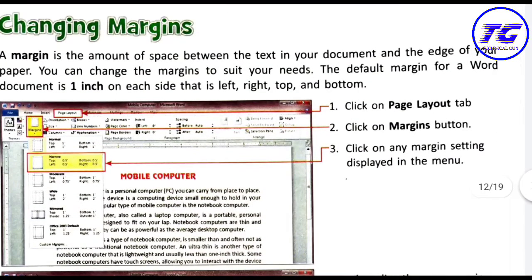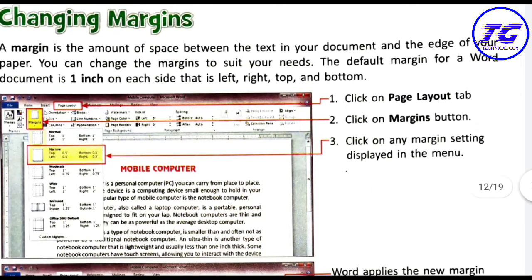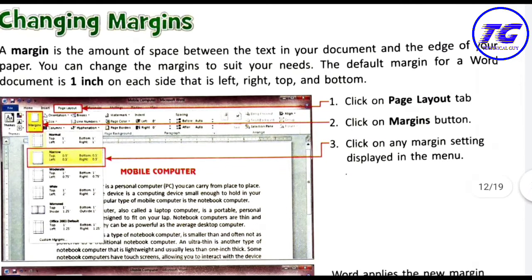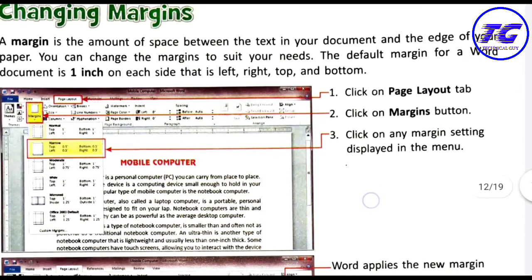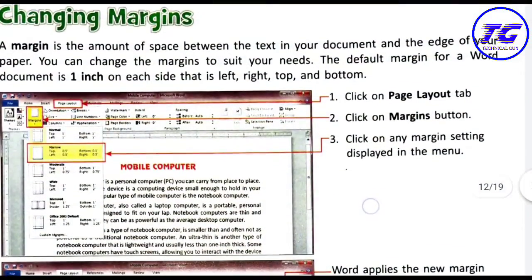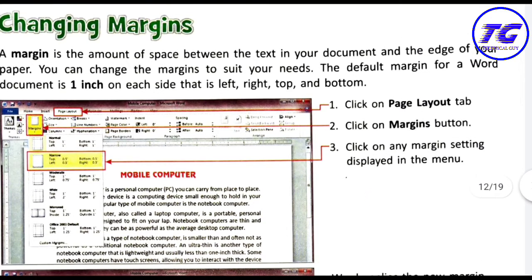Here we have the margin. Margin is the space between the document and the edges of the page or the paper, or you can say the blank space around the edges of a page. You will see some space is not printed on a paper, so some margin is always left on the top side, left side, right side and bottom side. That empty space is called margin. You can increase or decrease the margin. By default, 1 inch margin is there from each side.